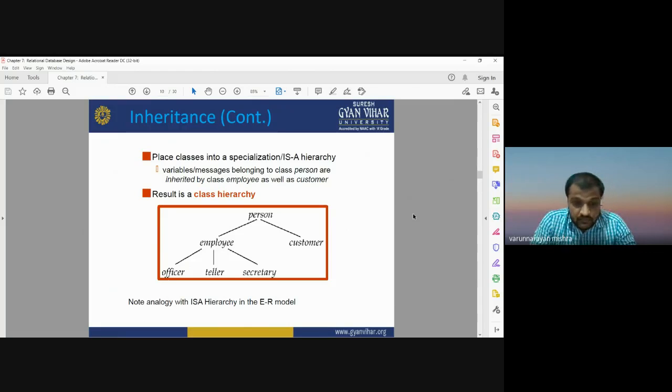It may work under a different officer, or have a different teller or secretary. It is important to note that we can also use a hierarchical data structure to define the inheritance, or the inherent property, of any object-oriented data model.